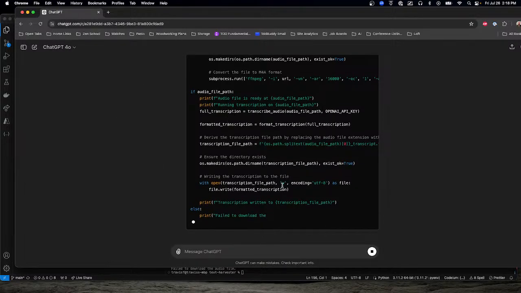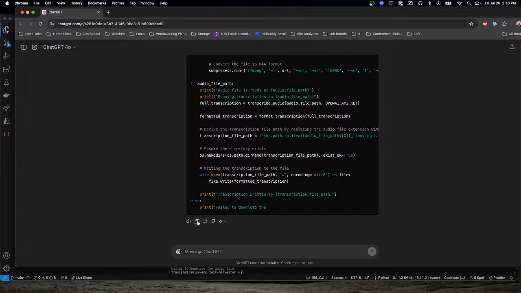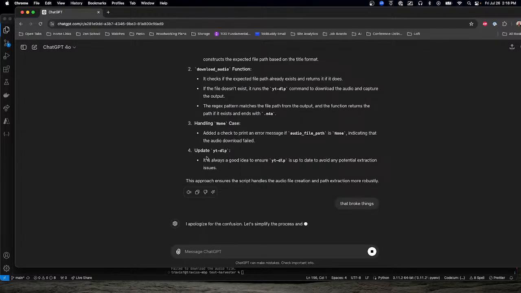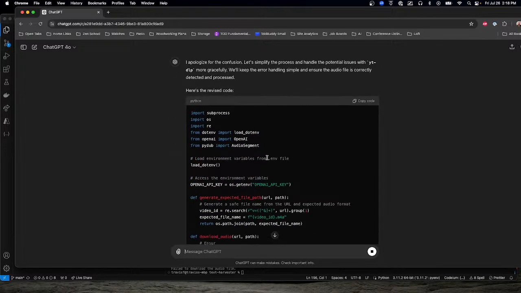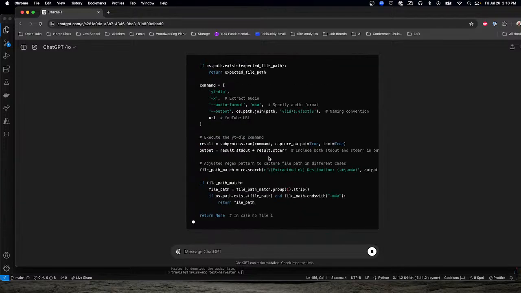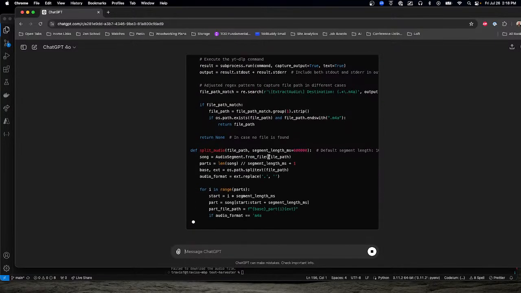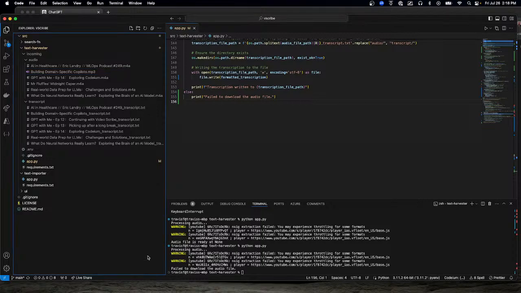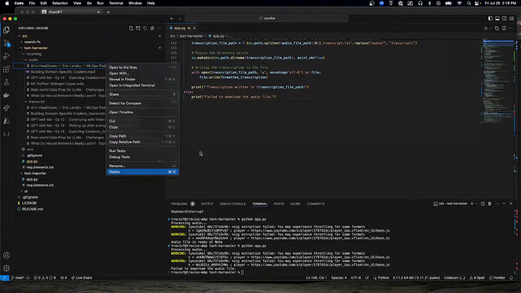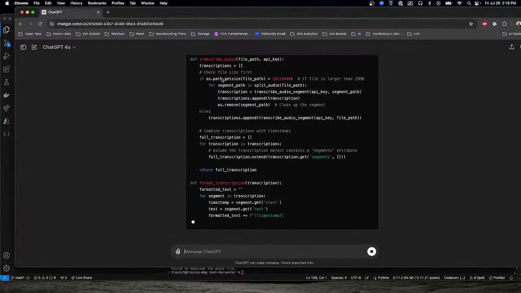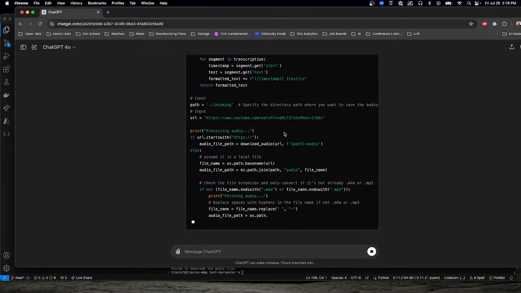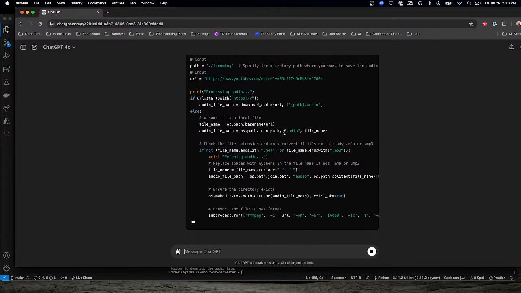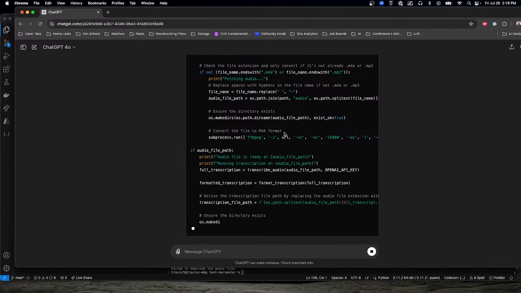Looks like it hung up. I'll have to ask it to regenerate it. All right, I don't know if it's gonna work or not. While we're waiting for that, let's go delete this. I'm pretty sure I know where the issue is. Like, it should just probably be always returning the path regardless.